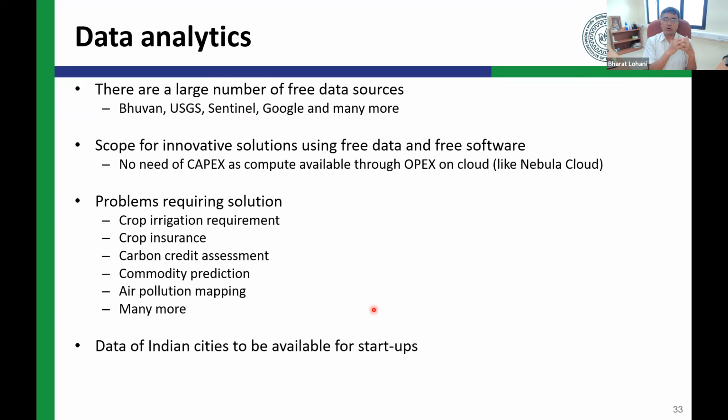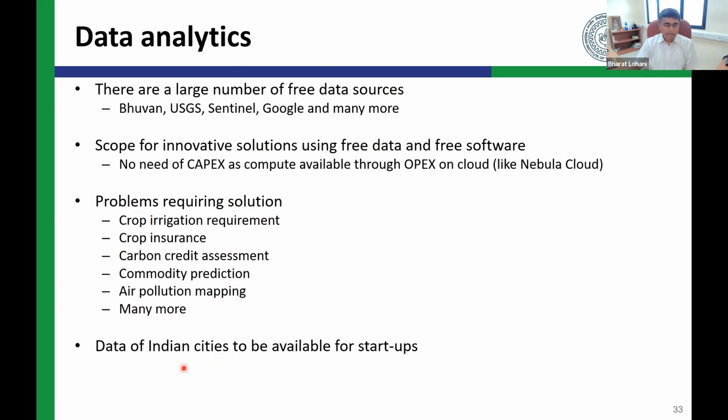And if you have good fundamentals in data science, in remote sensing, image processing, GIS, and so on, then going to these free sources and open sources, you can develop solutions, and these solutions are very much in demand. And recently, you might also remember, Ola acquired a company, Spoke, I believe the name is Spoke, and that company was doing the same. In 2015 or so, that company was started. And then recently Ola acquired that company, and that company's model was similar, using available data, and they were trying to generate the analytics.